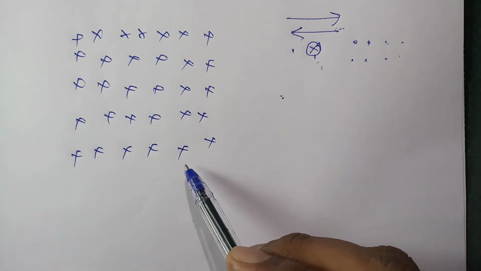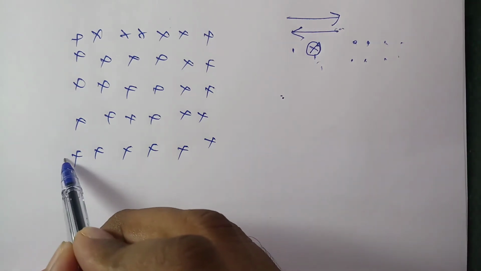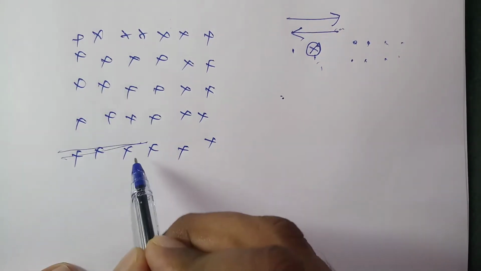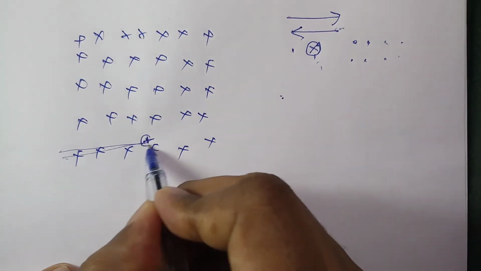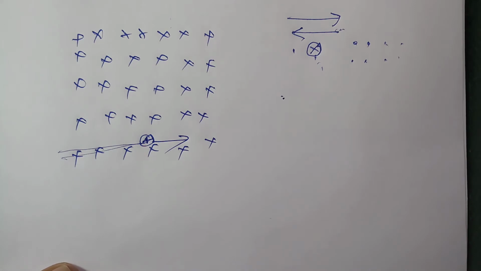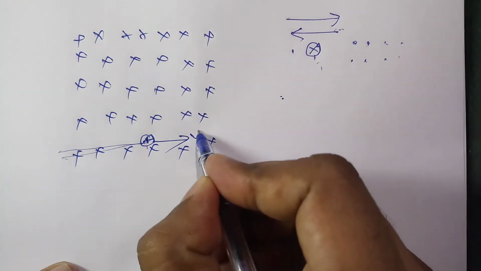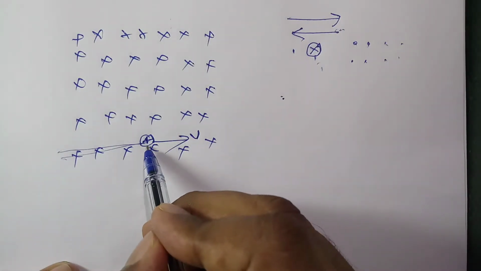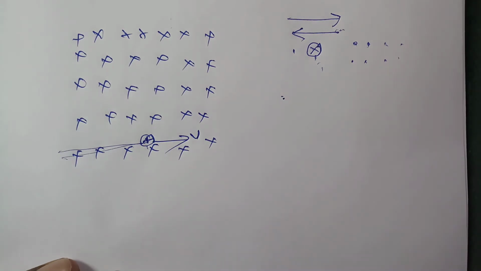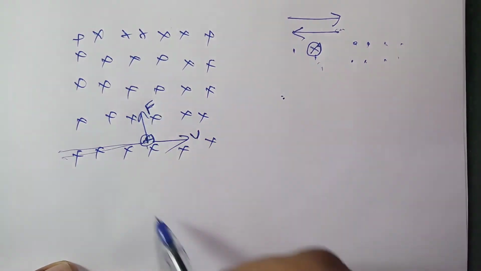Now in such a case, if the magnetic field is into the plane of the paper, think about a charged particle entering here. Let the charged particle be coming from here. It already reached here. So here we have a positively charged particle with velocity in this direction. Now you have to think about the magnetic field here. The field is downward and the velocity v is in this direction. If v is this way and the field is like this, then we can take v cross b. With the right hand, v cross b will be like this. So my thumb is in that direction, so the force will be in this direction. So it will experience a force in this direction.